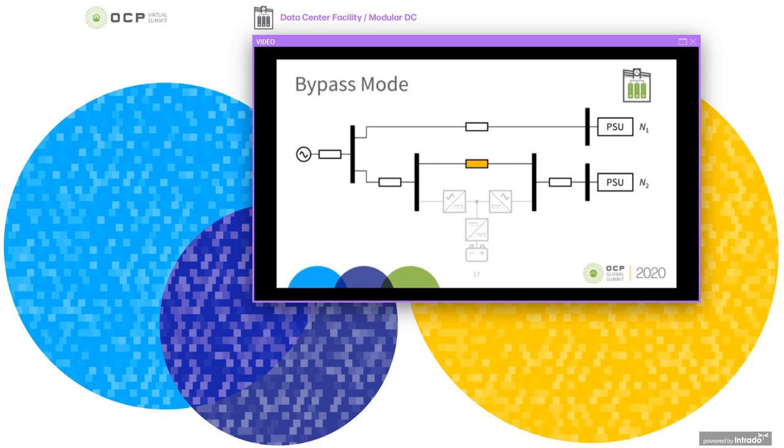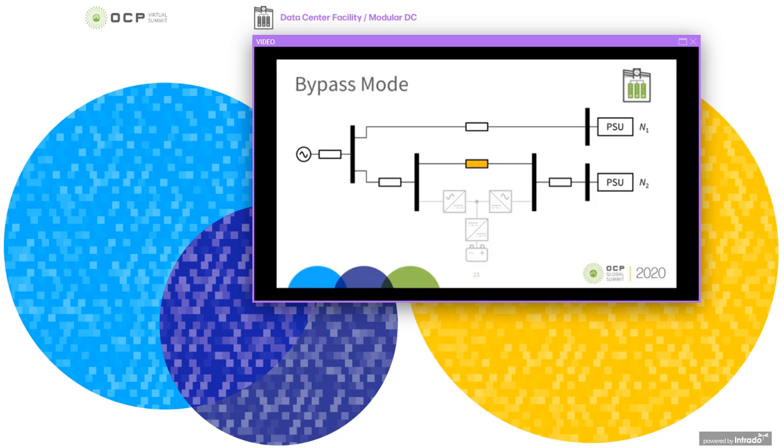For the bypass mode, the UPS is just a copper bar that connects the data center to the power supplies downstream. In double conversion mode, both the rectifier and the inverter process power to the PSU loads. In stored energy mode, both the inverter and the battery bank are involved. There is a mode called Inline Interactive with bypass. In this case, the inverter may or may not operate while the bypass is engaged.